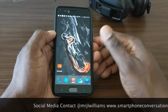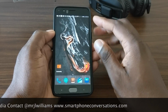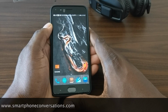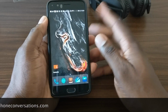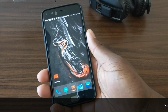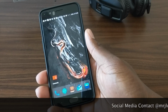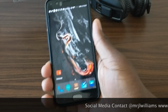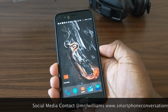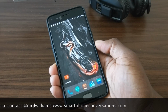But yeah, there's the OnePlus 5. It is a better purchase than some other phones out there. But at the same time, there's nothing special about the OnePlus 5 to make it a better purchase than some other quote-unquote mid-range or pocket-friendly devices. I.e., you have phones like the Moto G5 Plus. You have some phones that cost a lot less. You've got the Sony lineup that perform just as well. Yeah, they don't have 8 gigs of RAM. None of those phones have 8 gigs of RAM, but they still perform just like this one. So that's what I mean. Even though this phone has 8 gigs of RAM,